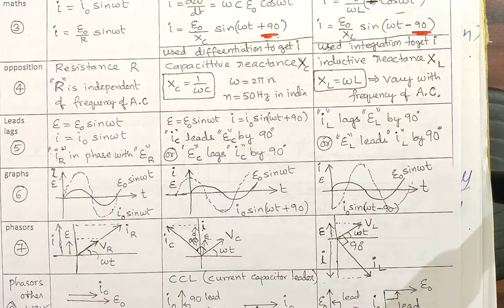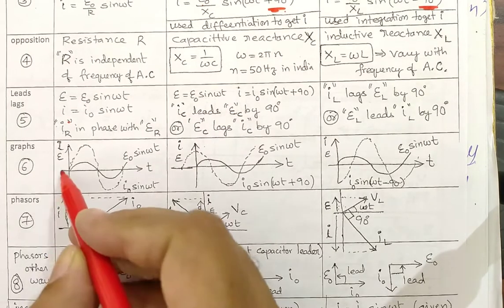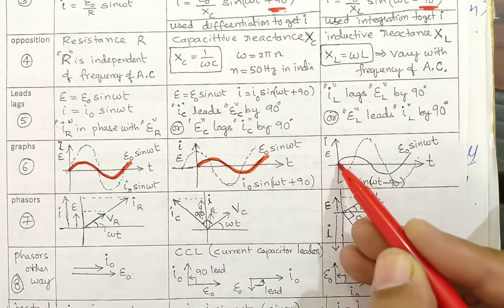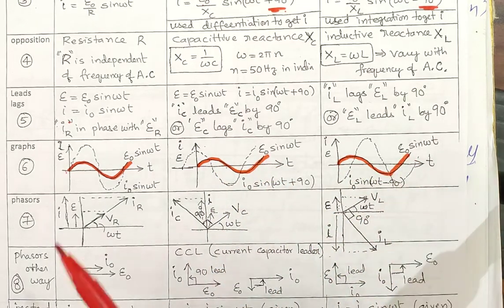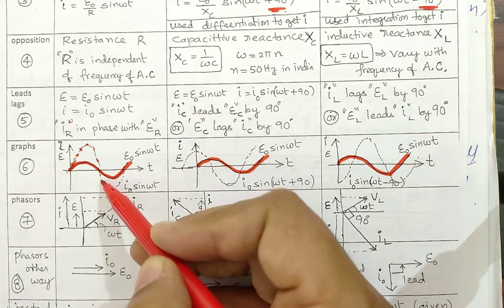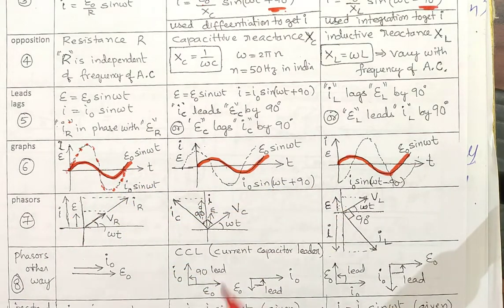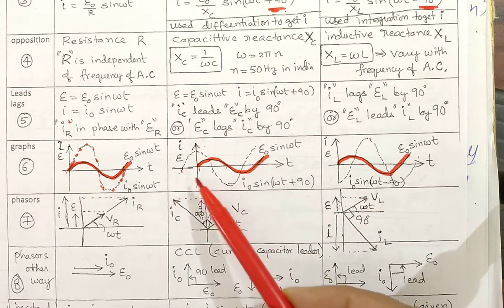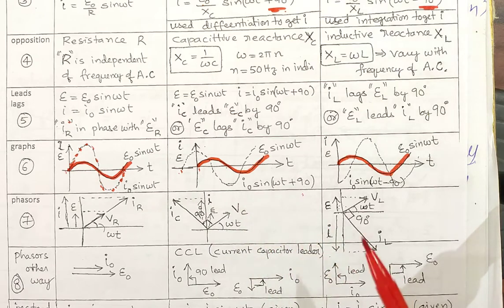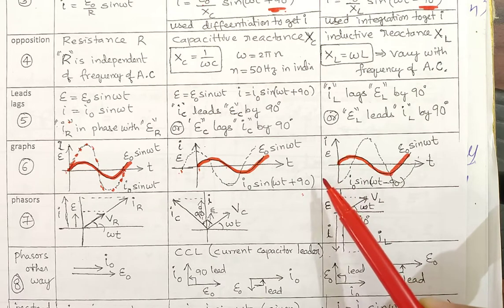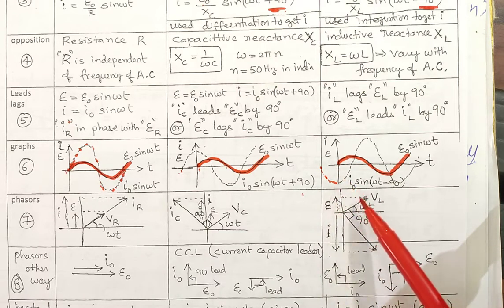Now whatever the equations are, if you try to plot them as a graph, basically we draw the first graph of an EMF, the sinusoidal variation of EMF. Now because alternating current is in phase, it also starts from the same point, the only thing is the amplitudes are different. It follows the same rule. Whereas here this has to start before, because plus 90 is there, it has to lead. So current starts before. So this graph's equation is given by I naught sin(omega t plus 90), whereas this one lags. So if this has started later on, it will start somewhere here like this. So this graph represents lagging.